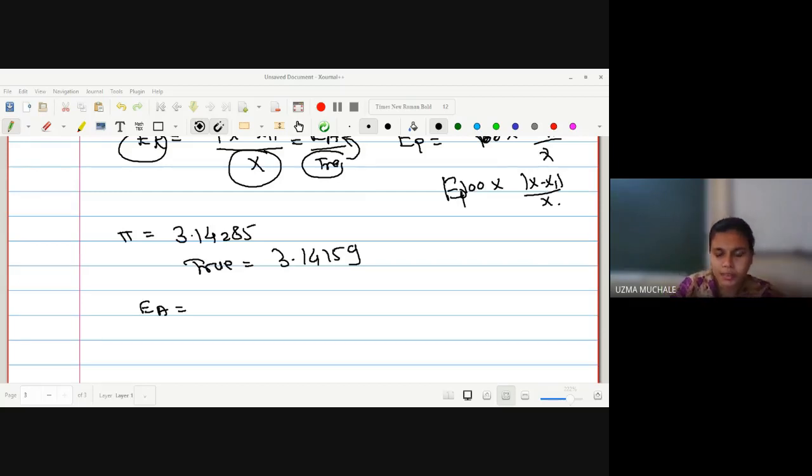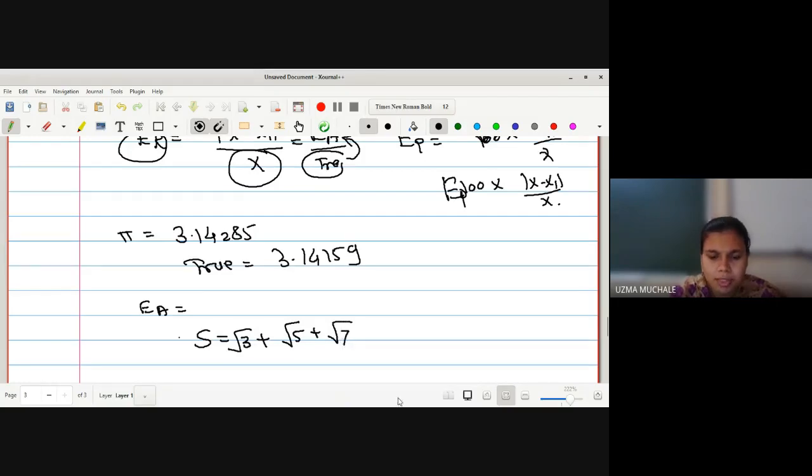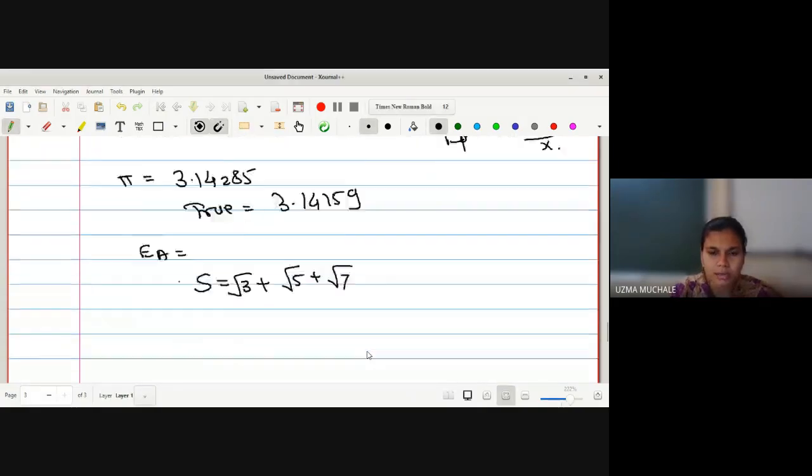Now let us go for some different example, that is evaluate the sum S equal to root 3 plus root 5 plus root 11. We will take it for 7 itself. So the same example is there in your SS Sastri book.